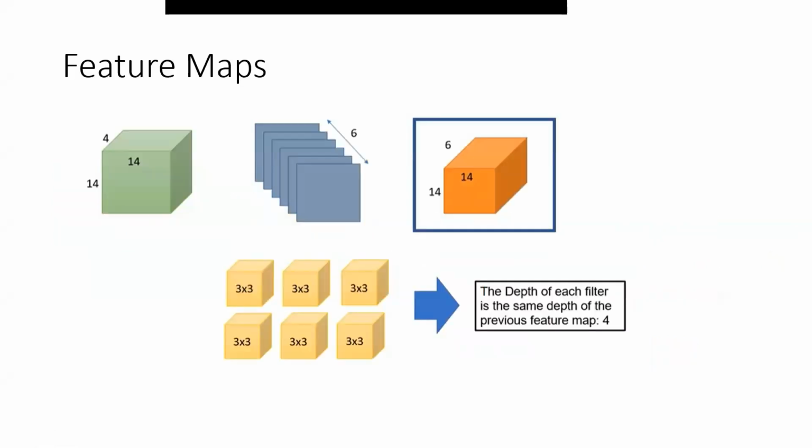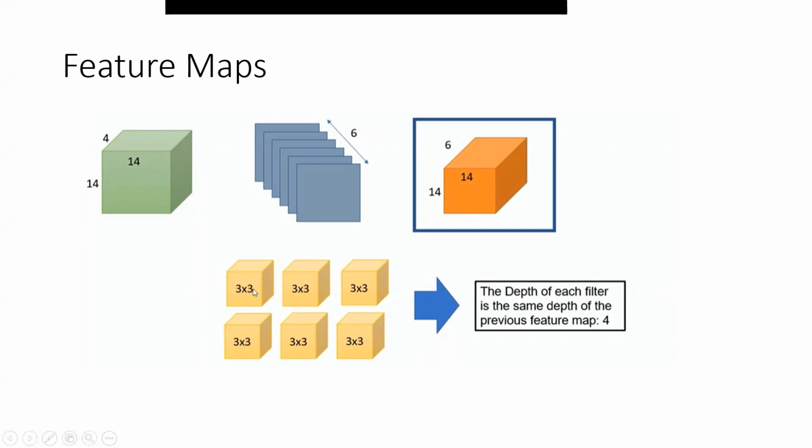Now over here, what are feature maps? As we have already discussed in our earlier slides, this is my input image, and it has three channels: red, green, and blue. If we have defined the filters, this is a 3 by 3 filter. This filter we can consider as a weight. We randomly initialize it 6 times, which means we are using 6 filters, and the 6 filters would have 6 different weights.